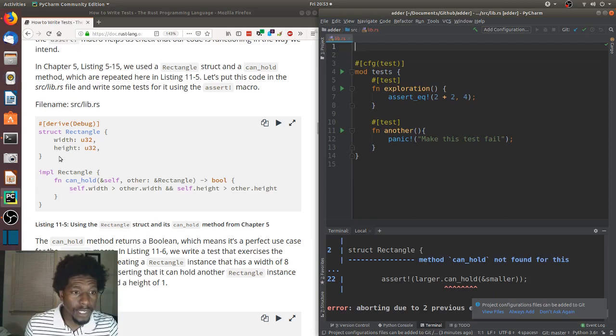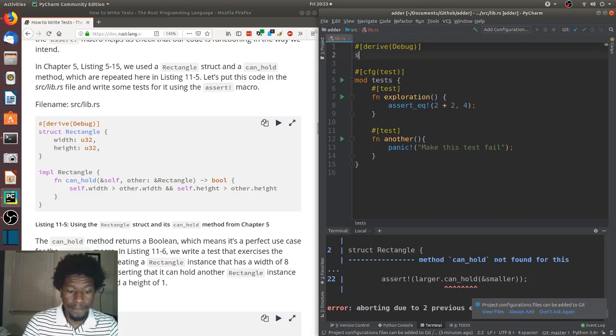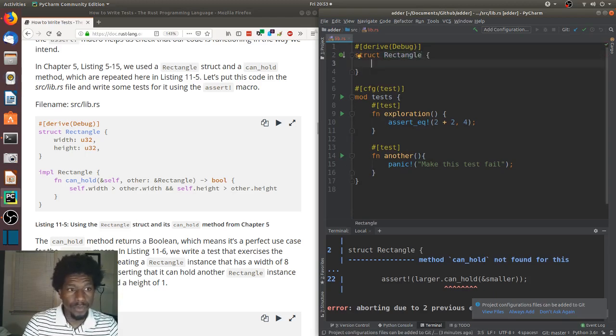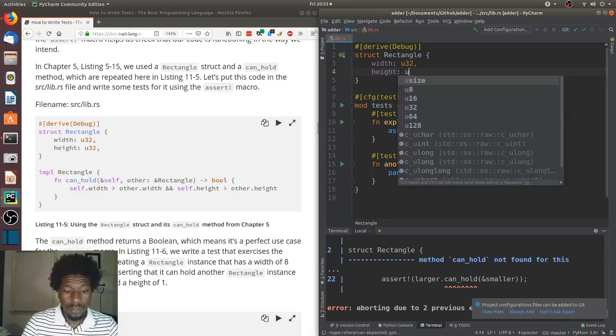Alright, let's write this information in. Yeah, I'll type it by hand. I could copy and paste it, but meh. So we have derive, which allows us to print out debug information for our struct. Debug, right? We write our struct, call it rectangle. We're going to do the width u32, height u32,